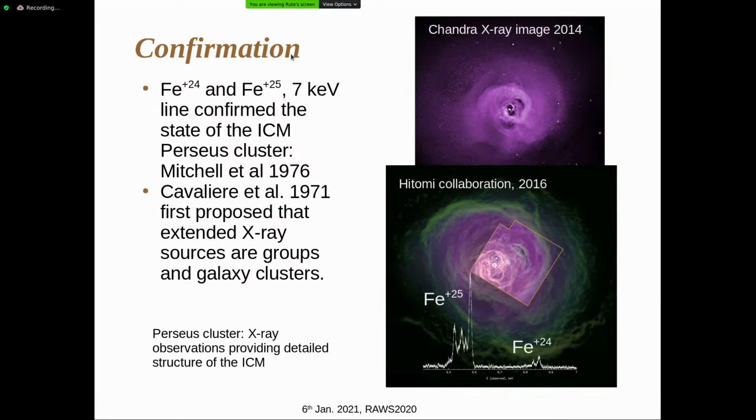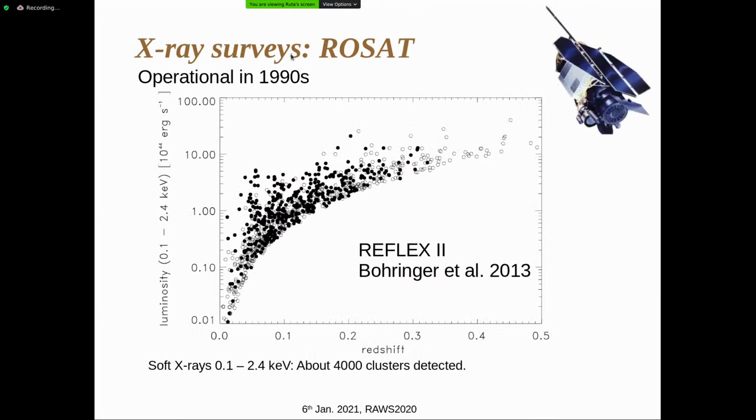So starting from finding that this was thermal bremsstrahlung emission to measuring really the turbulent broadening in these lines, that is the extent of detail that we have come to from the first detections in X-rays of the intracluster medium. There has been the Rosat mission, which has taken basically a picture of the whole sky in X-rays, and that was the mission which resulted in the detection of many thousands of galaxy clusters in X-ray bands, and that really paved the way of studying the galaxy clusters statistically, the intracluster medium.